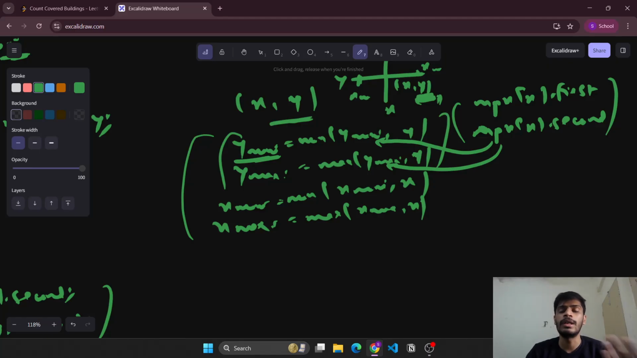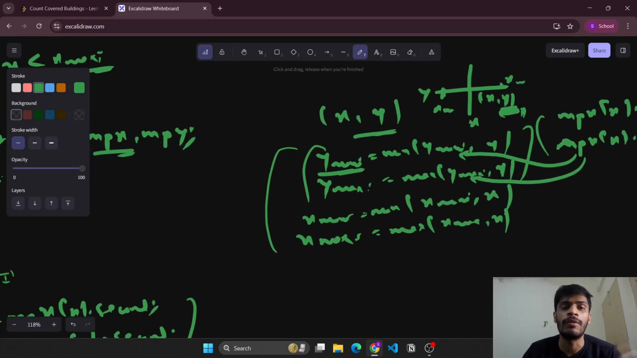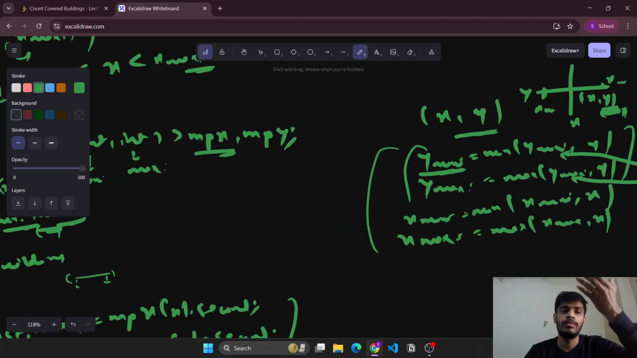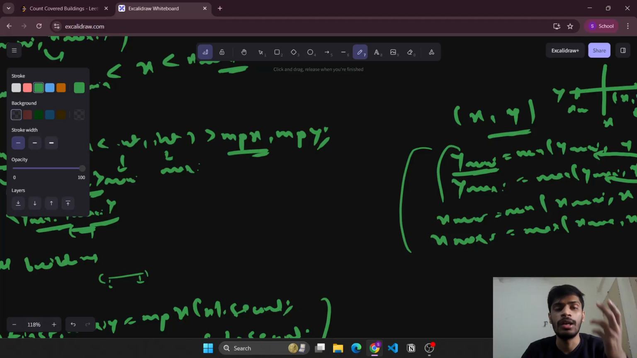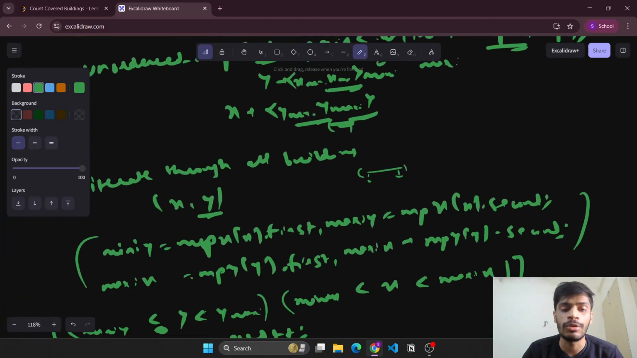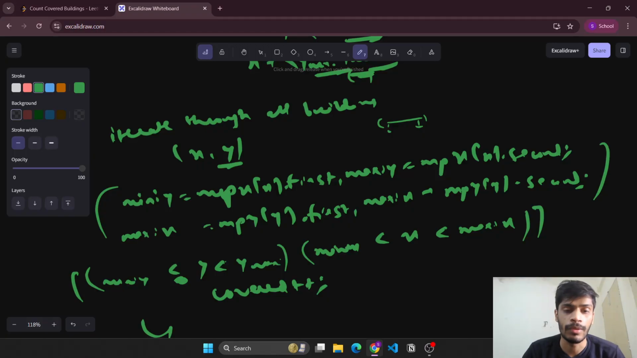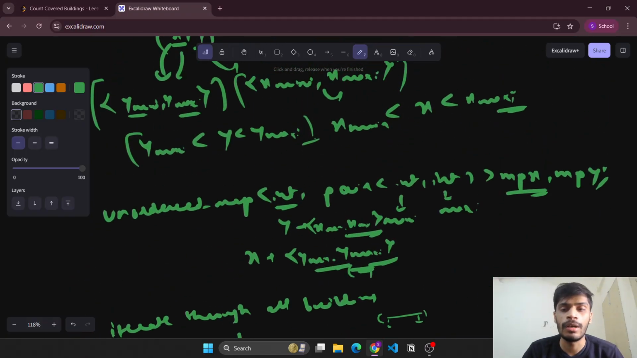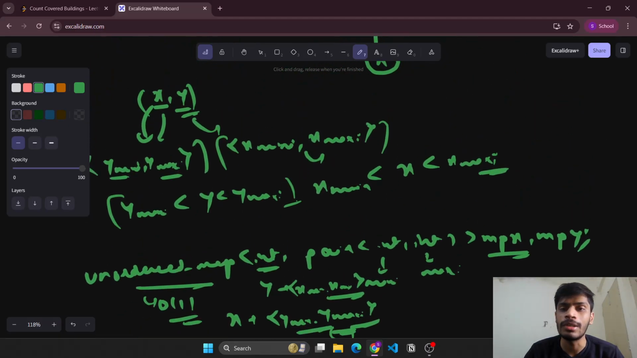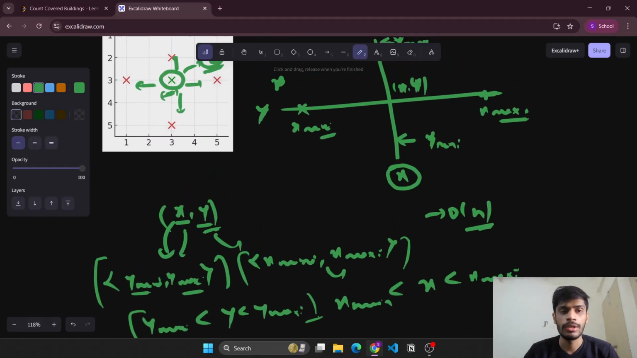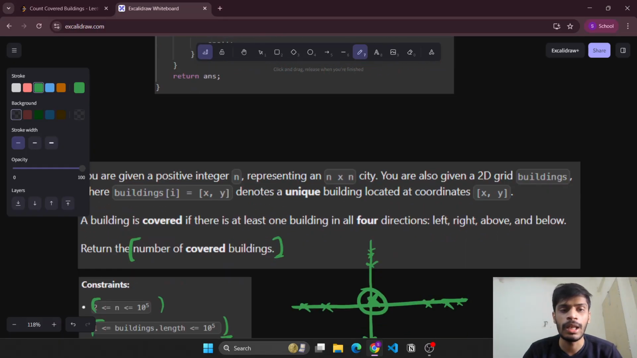And once we have updated, for each x comma y we are aware of the minimum and the maximum coordinates that exist in all four directions, then we'll simply be able to iterate through all the buildings and calculate this value. So I hope you are able to follow the approach. As you can see, we are using an unordered map, so this will be of the order of 1 complexity, and since we are simply iterating through the buildings twice, the overall complexity will be big O of n only. So let's see the code as well